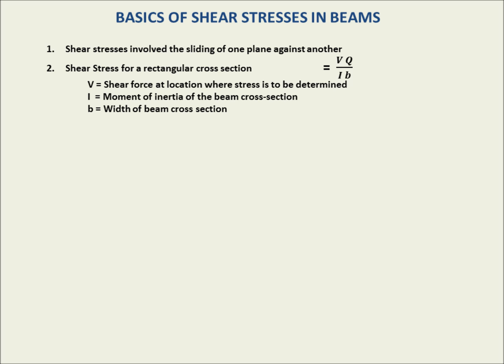The width of the beam, the width of the cross-section of the beam at the location where the shear stress is to be determined, is the B parameter. And then we have this Q parameter. It's called the first moment of area. It's really the first moment of area relative to the neutral axis. And we'll see what that is doing in there as well. That is really the new parameter that'll fall out of our mathematical description of this shearing intuition